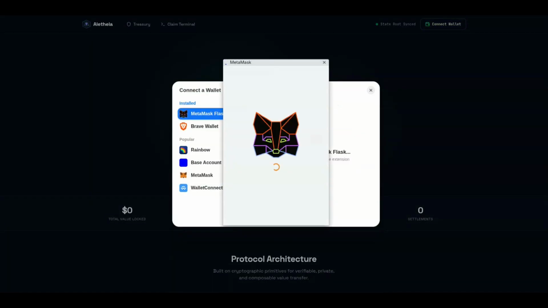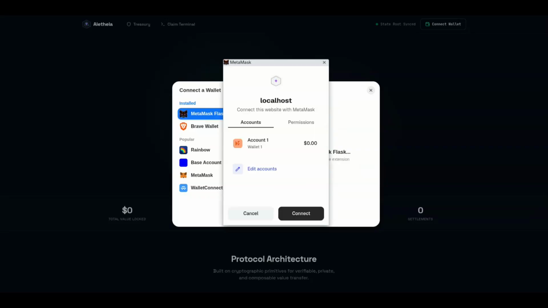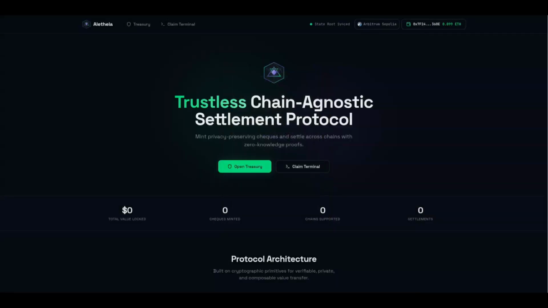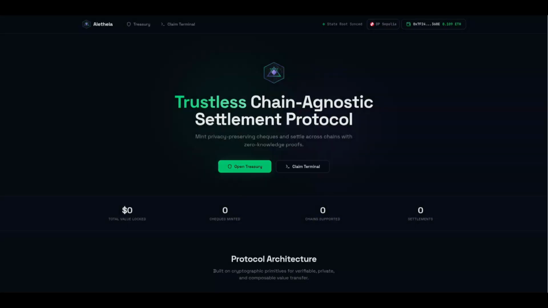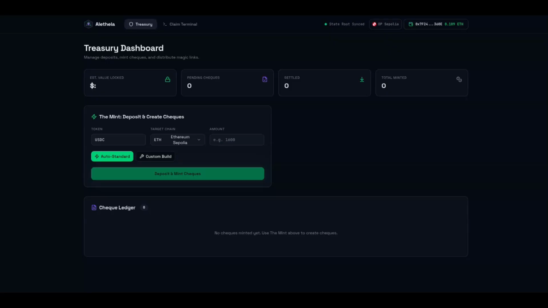A user simply connects their wallet. After that, they can choose their chain on which they want to deposit their funds. For this demo, I'm using Optimism Sepolia. Now, when we move forward to our treasury, we can choose the target chain on which we want our funds